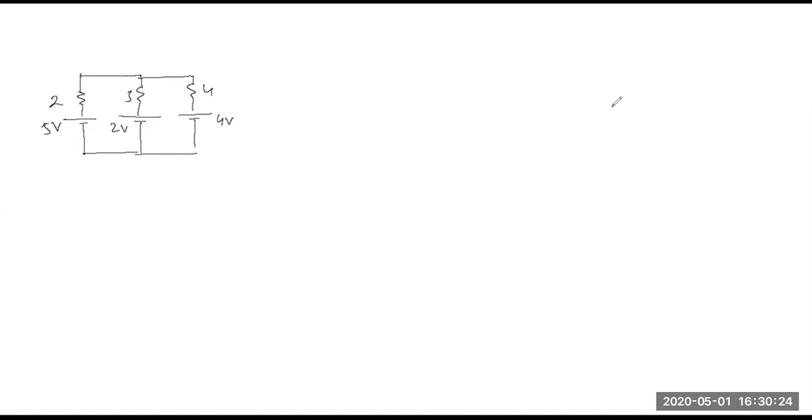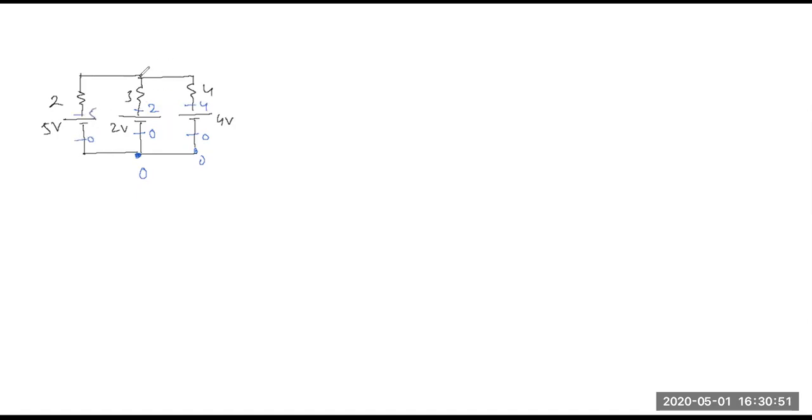So let's say I want to apply KCL. First thing in KCL I need to do is define potential. So I'll consider potential here to be 0. Now if here potential is 0, here also the potential will be 0 because it's a straight wire again. Here potential will be 2 because the potential difference between those 2 points should be 2 volts. Similarly, here it will be 0. Here also it will be 0. Here it will be 4. Here it will also be 0 and here it will be 5.